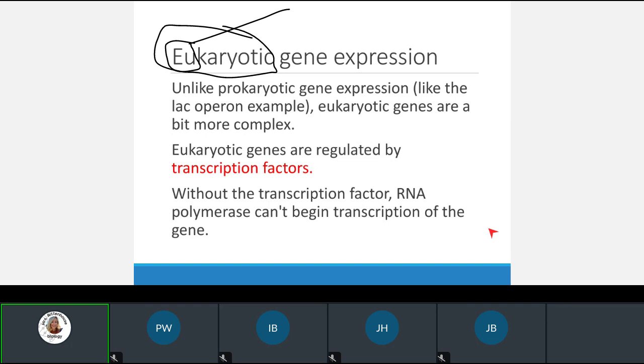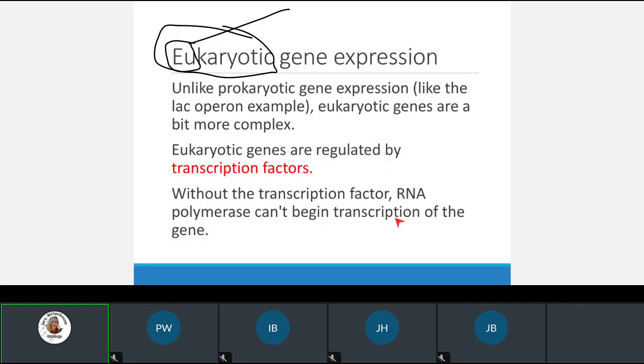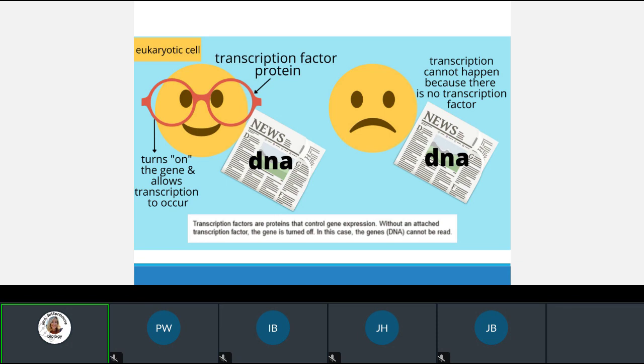So instead of having that repressor, like in our prokaryotic cells, animal cells or more complex eukaryotic cells actually have what they call a transcription factor in them, right? That will be the difference. So let's look here. Here is our eukaryotic cell. This again is a Mrs. Rittenhouse diagram.